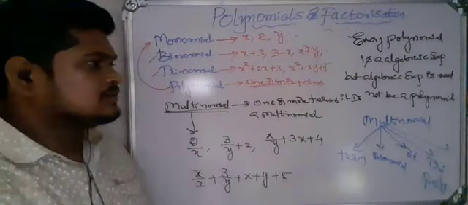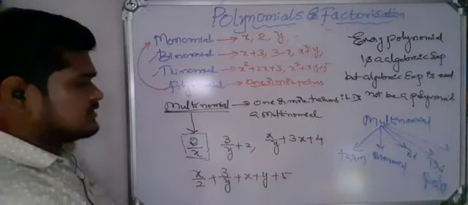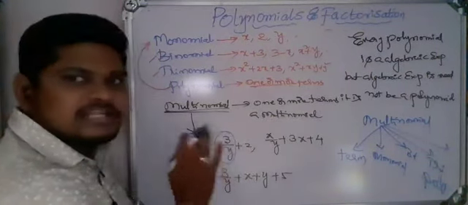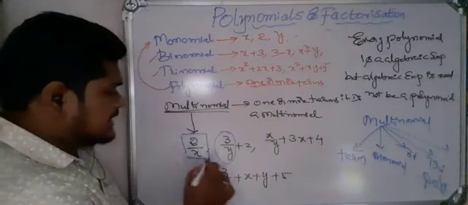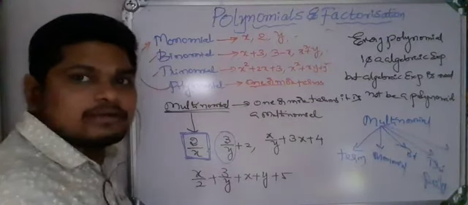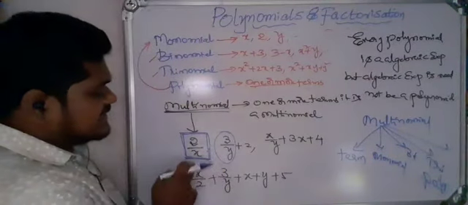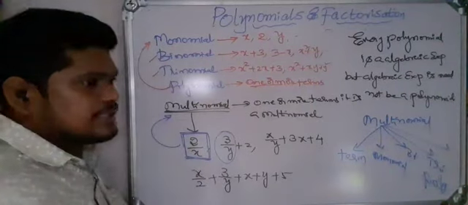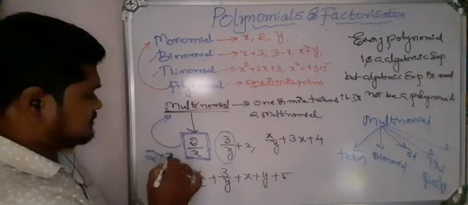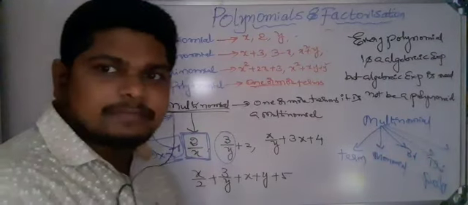Once observe here, multinomial means it contains negative powers. First of all, in this term also we should contain negative powers. Even if we remove this one, it should be a multinomial. A polynomial containing only a single term, if it contains a negative power, is also a multinomial. Don't think more than 4 terms means it is multinomial. If it is containing a negative power also, we should treat it as a multinomial. Why? Because if you write 2 by x, this is 2 into x power minus 1. This contains a negative power, so it is a multinomial.